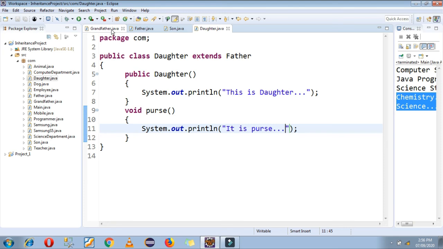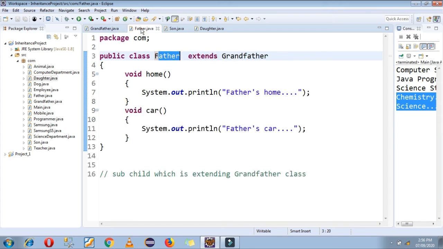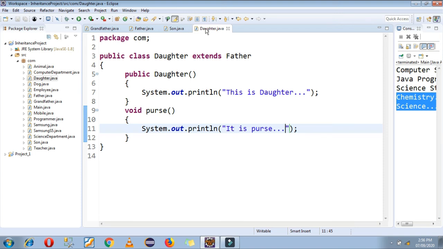Now focus on our whole portion: from grandfather, then the father class extends grandfather, then the father class is extended by son and daughter. So what is it? It is hybrid inheritance. Hybrid inheritance is the combination of hierarchical inheritance plus multi-level inheritance plus you can say single inheritance also.